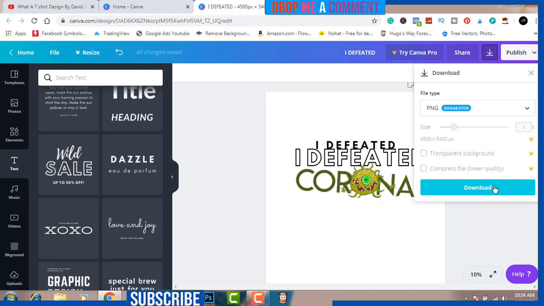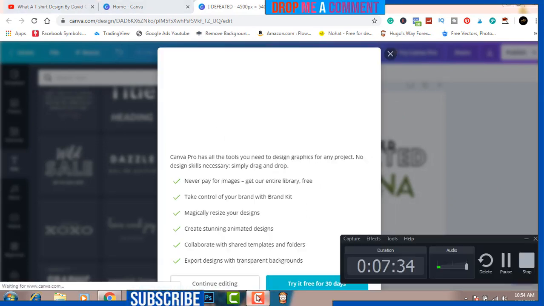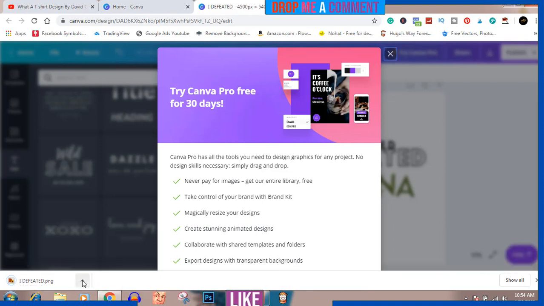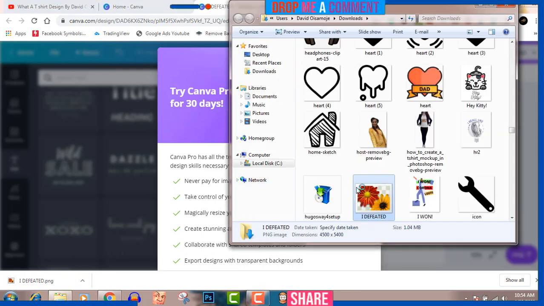As you can see, we're using the free version of Canva, so we can't save it without the white background, but I'm going to show you how to remove that in the next step. So just click on that. Once it's done saving, as you can see, it has not taken us much, just 7 minutes in, and we are almost done. The design should never be complicated. So now open show folder,